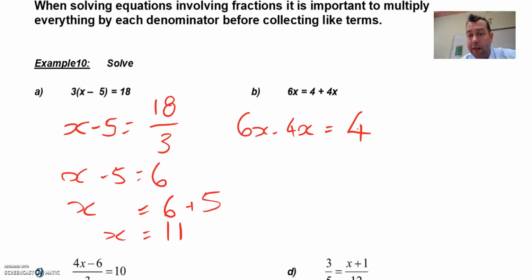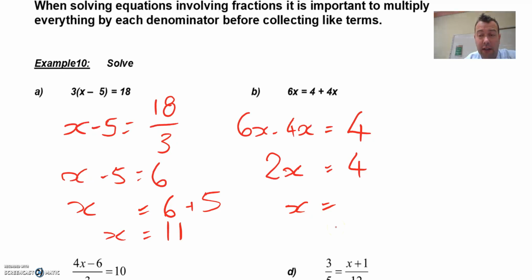No variables on the right-hand side anymore. 6x minus 4x equals 4. 4x taken away from both sides. Let's simplify that down a bit. That means that 2x equals 4. 6x minus 4x equals 2x. 4 still equals 4. 2x equals 4, that means that x equals, I could say 4 divided by 2, but